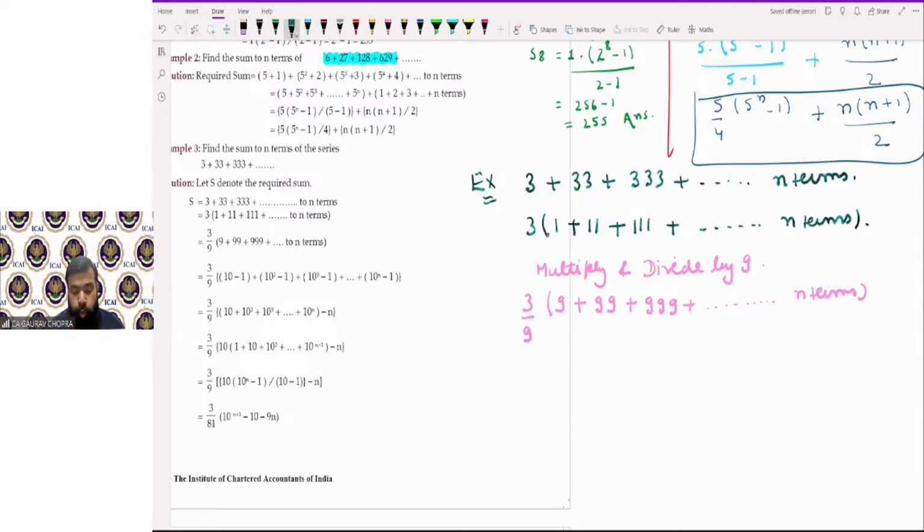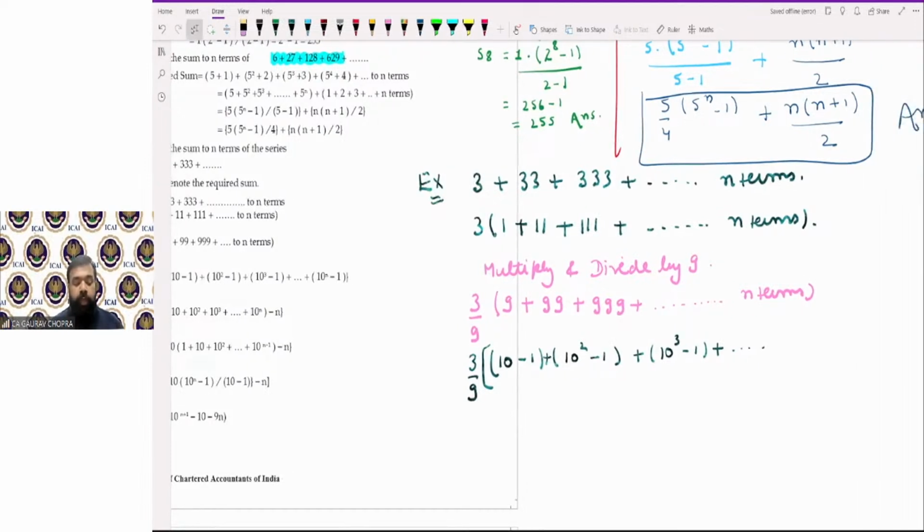अब हम इसको जीपी और एपी में कैसे स्प्लिट करते हैं उसको समझेंगे। सो 9 कैन बी रिटन एज 10 माइनस 1, राइट। 99 को हम क्या लिखेंगे? 10 स्क्वायर माइनस 1। 999 को क्या लिखेंगे? 10 क्यूब माइनस 1 एंड सो ऑन। तो लास्ट में क्या बन जाएगा आपका? 10 टू द पावर ऑफ n माइनस 1। तो इस तरह से हमने इसको कन्वर्ट कर दिया है।